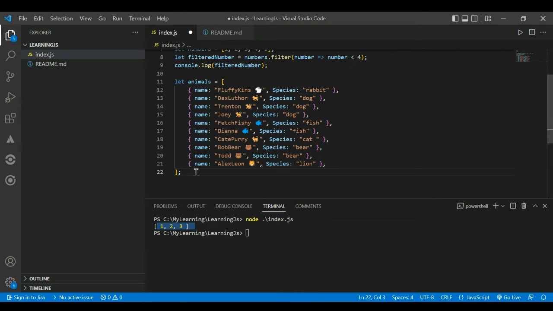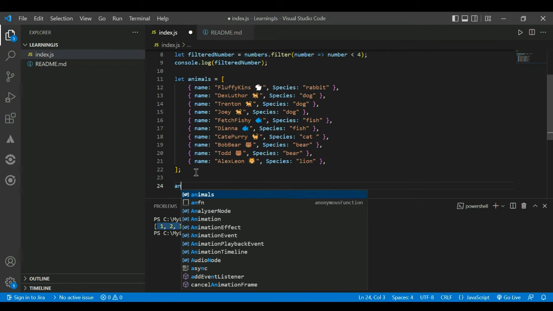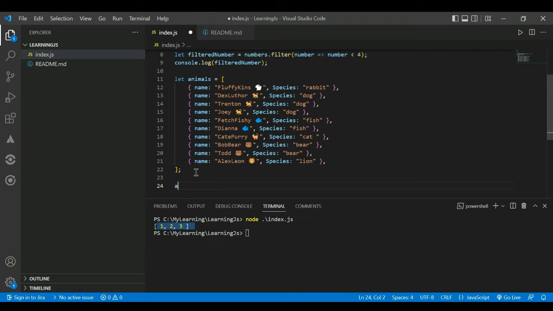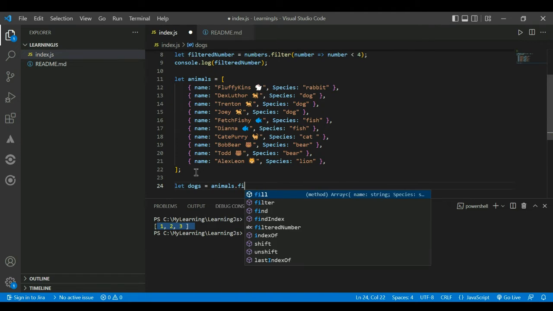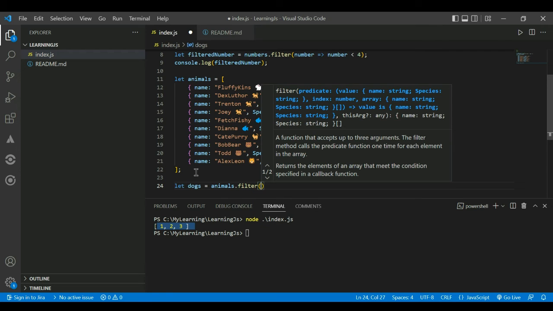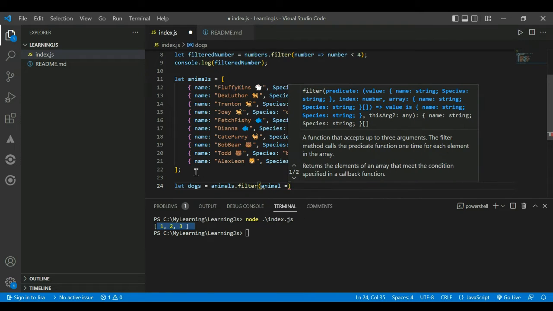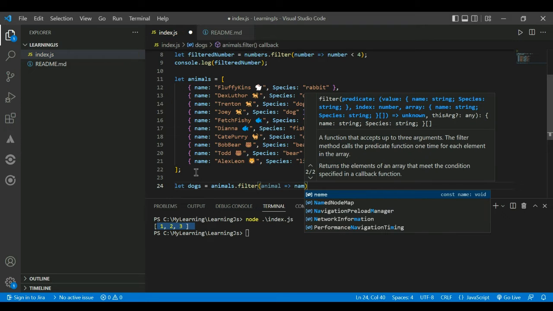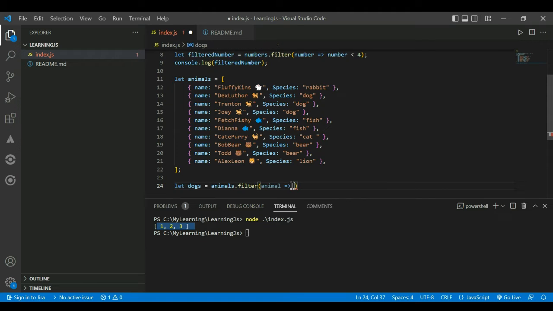So how can we do that? Sorry, first we need to create the variable for the filtered dogs. We can say dogs, and animals.filter. So we can filter the animals. So let's do that with animal, and in the animal function we can simply say if animal, because this function is basically matching the condition, right? So we can simply say animal